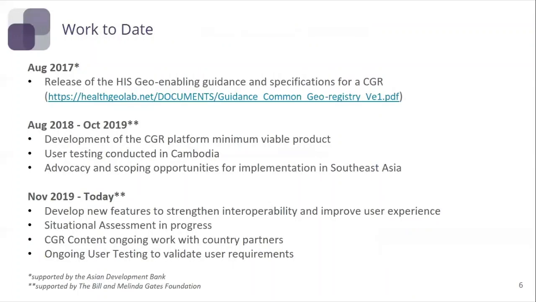As a quick summary of the work today, as you can see, the work has not really started right now. It's been a process for several years. It all started with Health GeoLab, with the support from the Asian Development Bank, releasing the HIS Geo-enabling framework. Afterwards, during 2018 and 2019, an MVP of the CGR was developed already under BMGF funding, and we did some